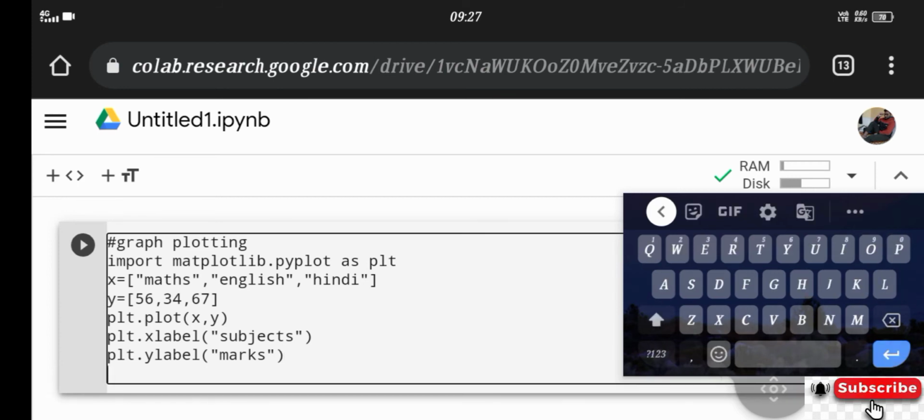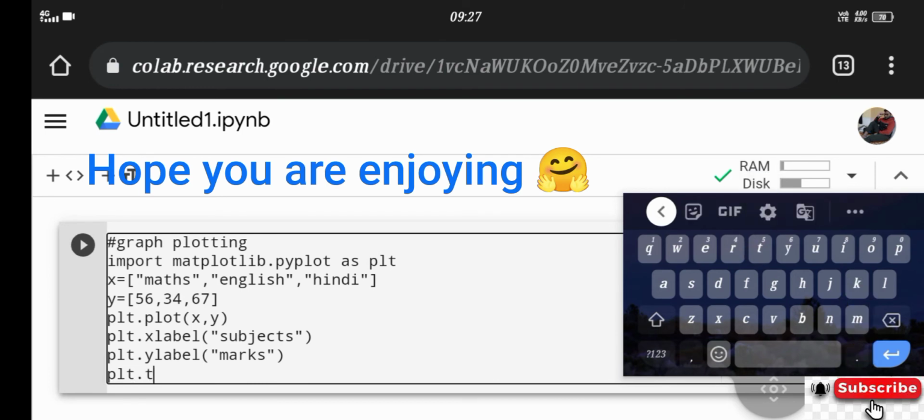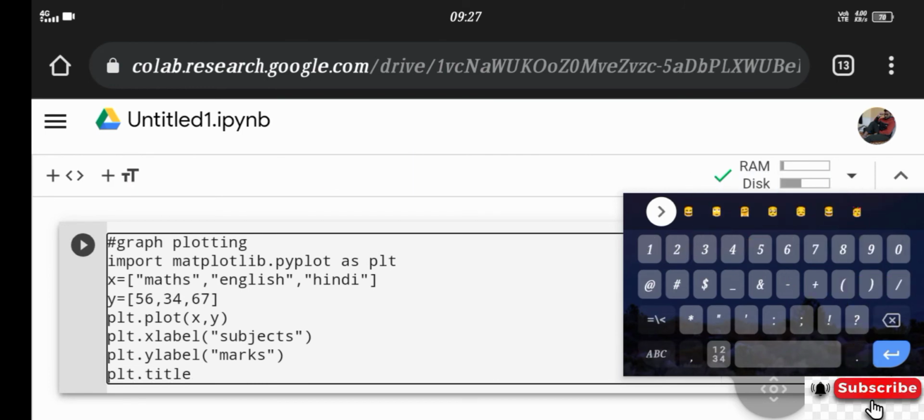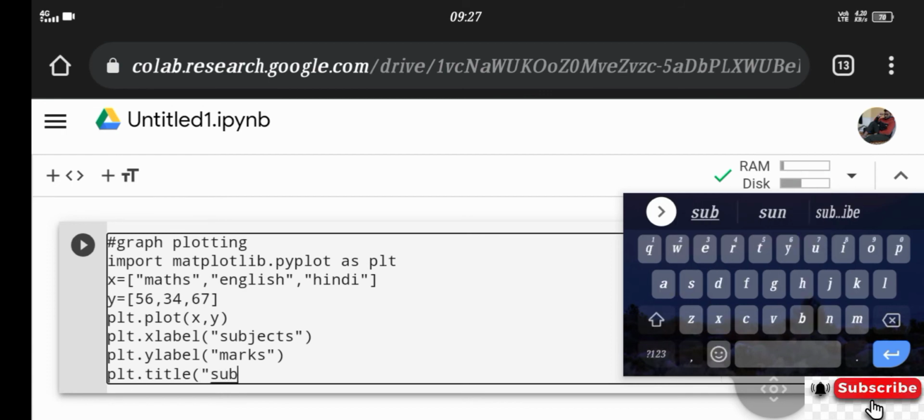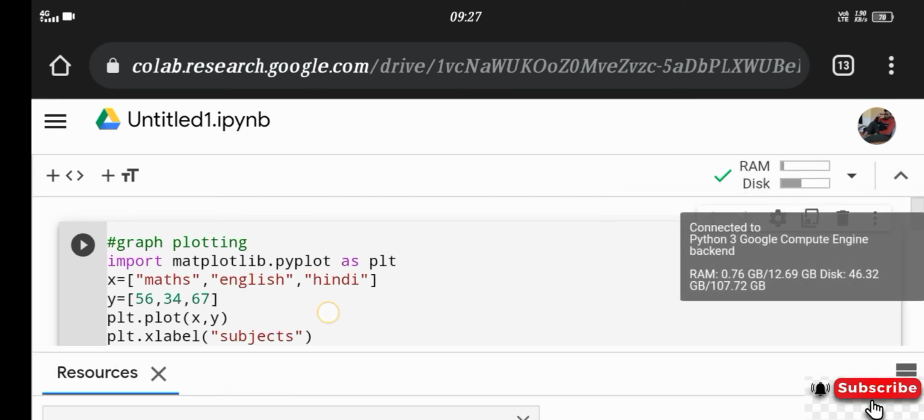Now in the last I'm giving the title to this graph. So the syntax is plt dot title. You can give this as a title, subject marks, or, sorry,